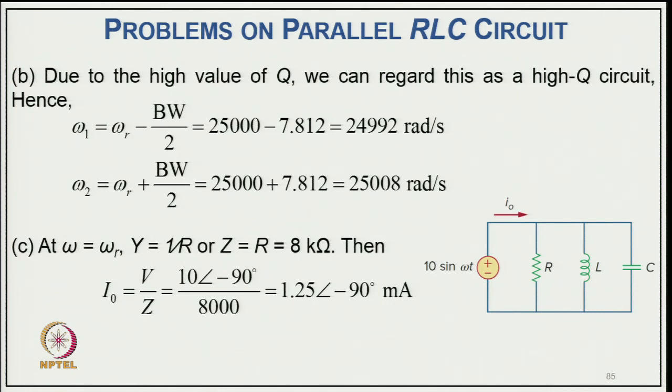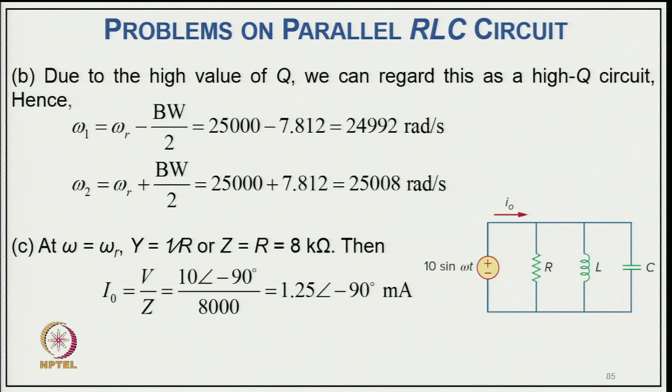quality factor circuit, and hence omega 1 equals omega R minus bandwidth by 2, that is 25,000 minus 7.812, that is 24,992 radian per second, and omega 2 is omega R plus bandwidth by 2, that is 25,000 plus 7.812, that is 25,008 radian per second. So, at omega equal to omega R, Y equals 1 upon R, and Z